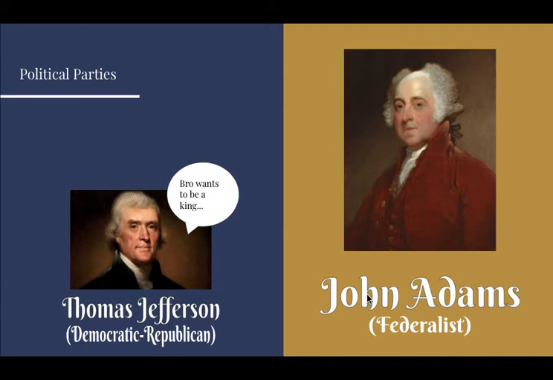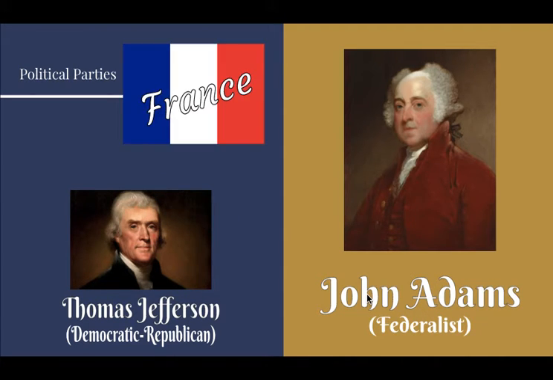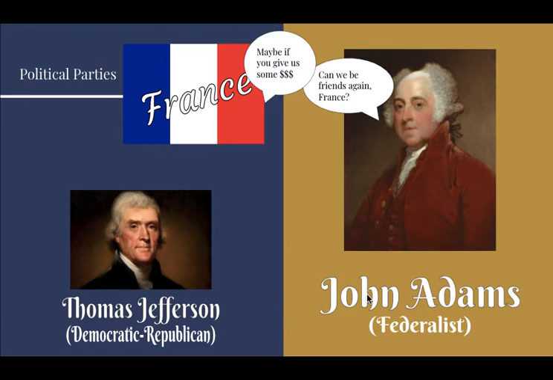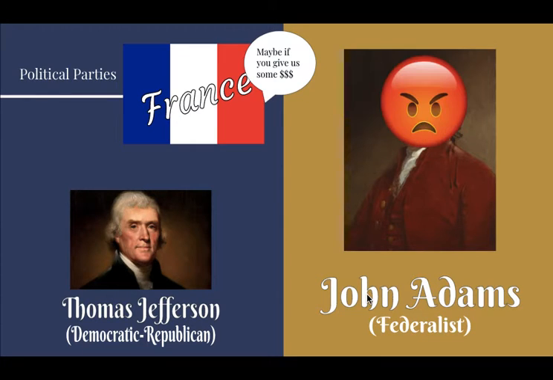So, a little bit of history here. I'm going to make it real quick. When George Washington was the president, he made a treaty with England, which made France really mad because they were at war with England. And whenever Adams became president, he wanted to patch things up with France. He's like, hey, can we be friends again? And France basically said, we're not going to talk to you unless you give us a bunch of money. Like, you need to give us $250,000 and loan us $10 million. It was called the XYZ affair. We said no. And we worried about a possible war with France, that they were going to invade us.